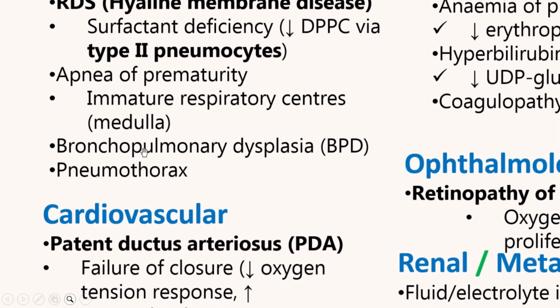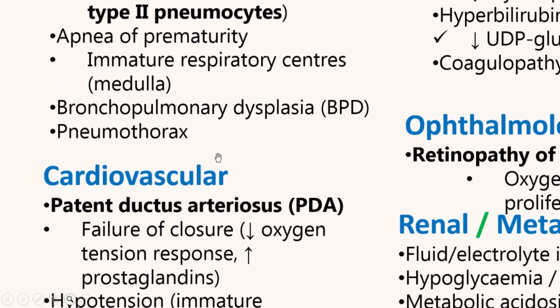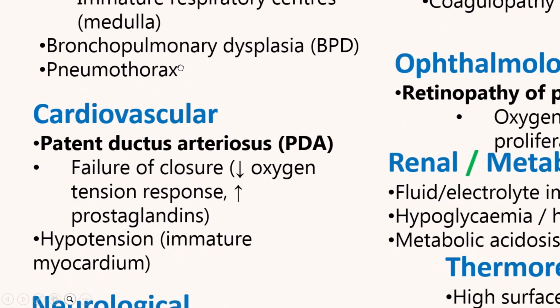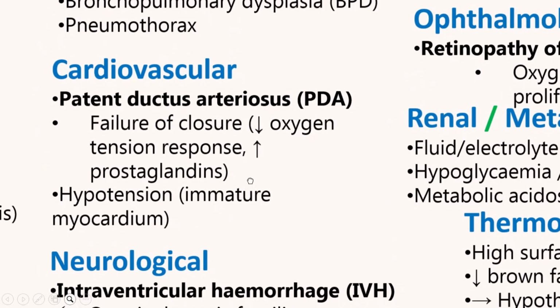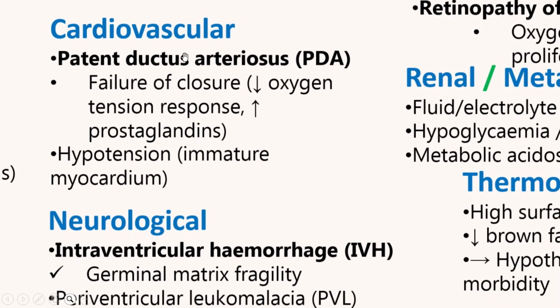We have bronchopulmonary dysplasia, and this is going to come mostly as a result of them being prolonged on oxygen. And we shall make a separate video where we shall cover bronchopulmonary dysplasia also in great detail. We have pneumothorax. This is another complication that is going to be faced by these children. When we look at the cardiovascular system, we have the patent ductus arteriosus. Now we have the ductus arteriosus that is going to get blood from the pulmonary system, blood that is supposed to go to the lungs in the fetus.